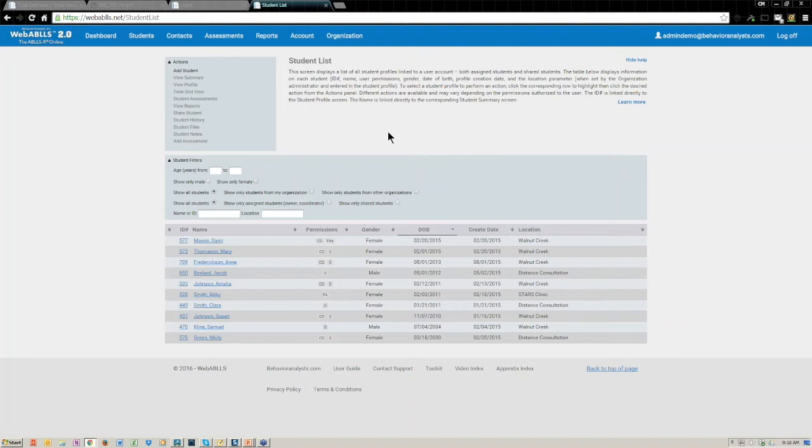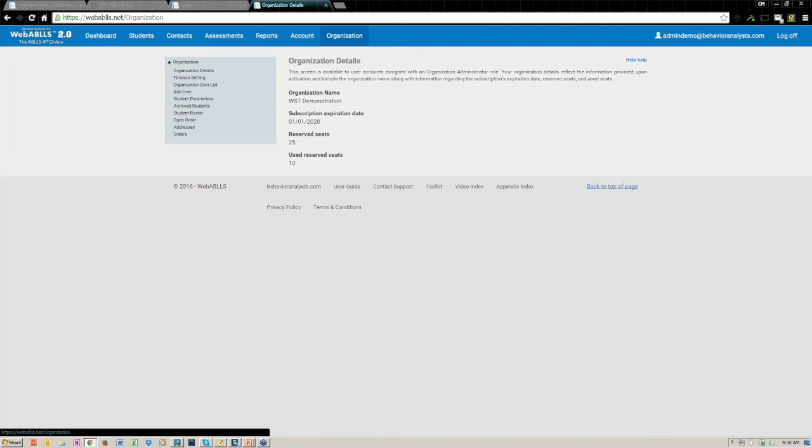Next, I'm going to point out the admin user tools. Not everybody will have an organization tab, only admin users will have this tab, but I do like to point this out so everybody's familiar with what those functions are, so you know your admin user is the person you would go to if you need help with getting a password, or if the sharing permissions for your student aren't correct. The admin user would be your first point of contact to figure out what's happening and to help you correct that problem. And then, of course, if you needed, you would come to the WebABLLS support team after that.